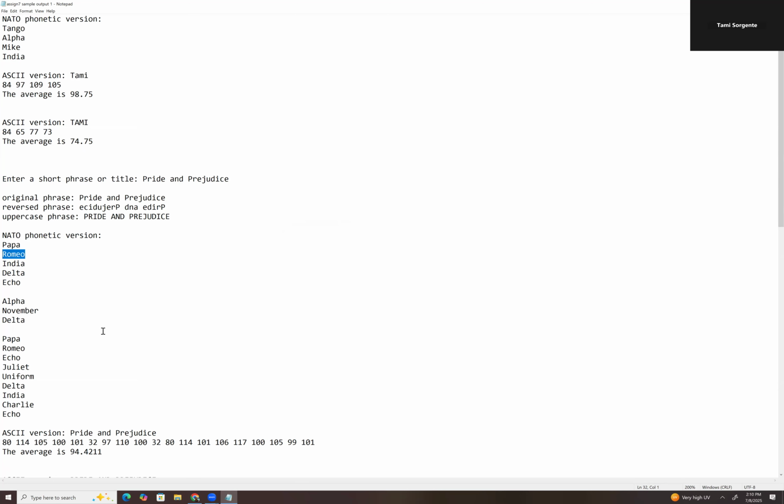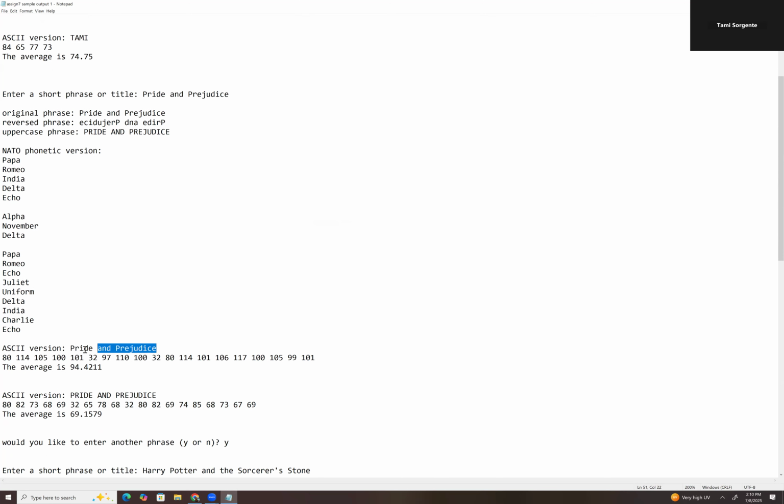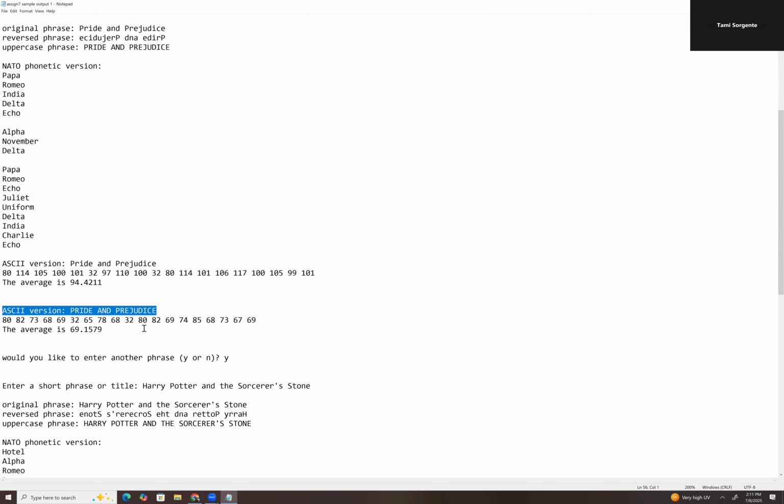So for any else, if it's a space or any kind of character that is not a letter, like if someone enters ampersands or hashtags or percent signs as part of their string, it's not going to be in this alphabet. So I have just a last else: if it's a space or anything else, it'll just have a white space. And then I make the ASCII version of my original and the ASCII version of my uppercase, and we're going to do this